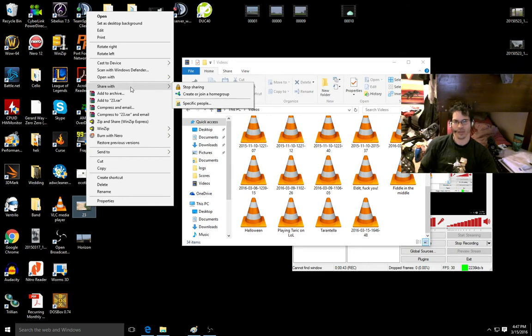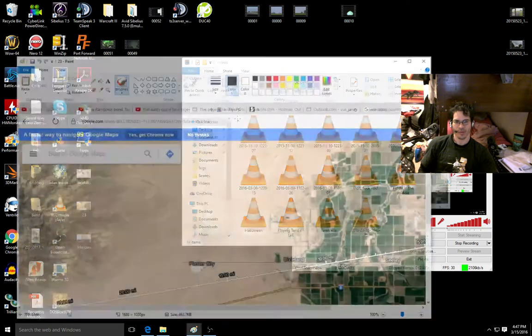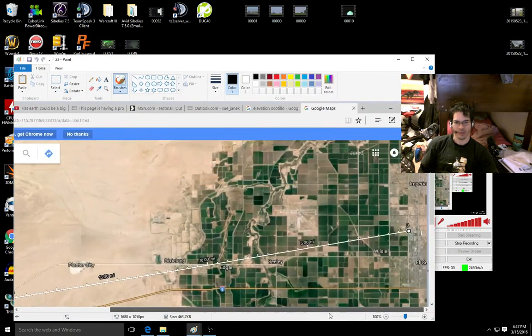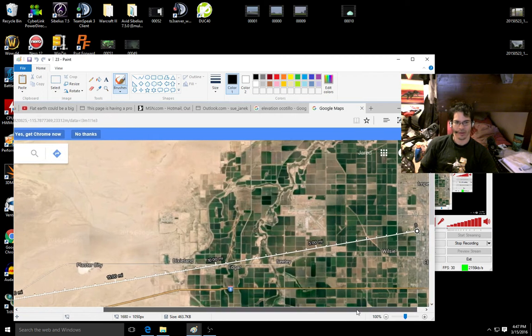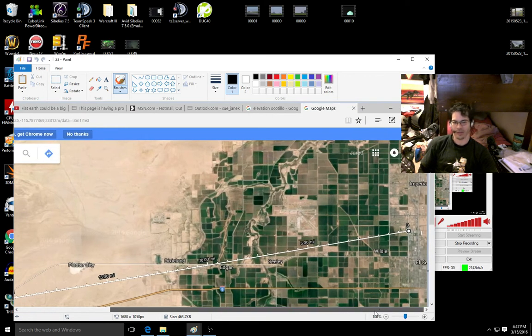23.2 miles away. And so this is where I was standing. I was standing over here, which is just north of El Centro. It's roughly negative 39 feet below, 39 feet below sea level, and then it could be a little higher than that. Though I mean, these elevations are